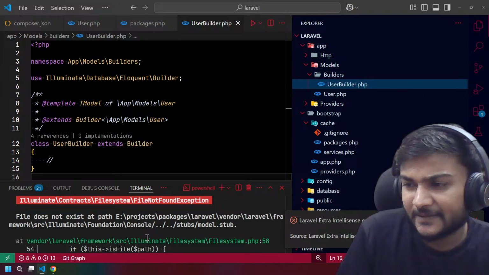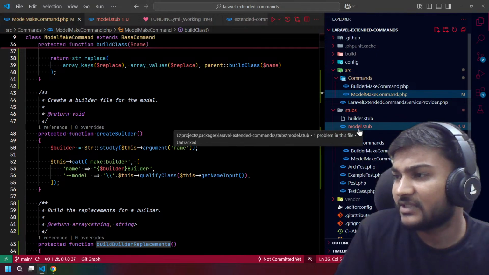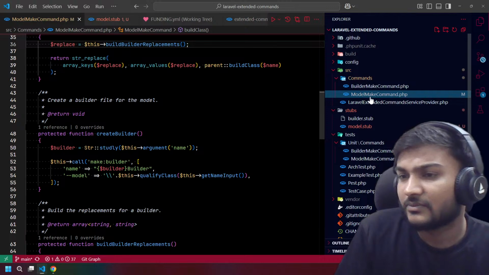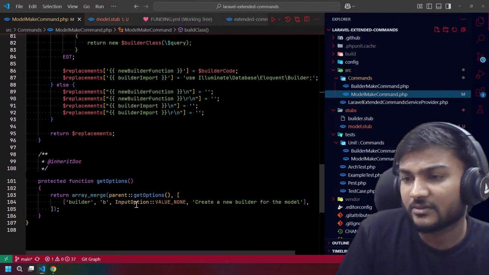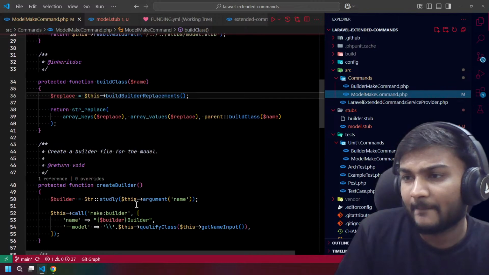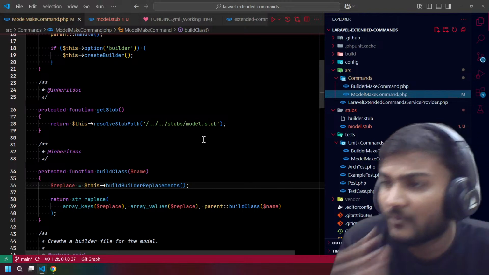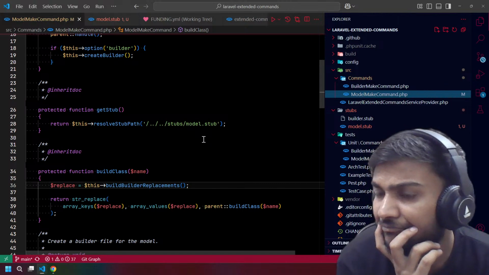Model stub is not there. Why? Model stub is there. My gosh. What mistake have we done? We haven't done any mistake.